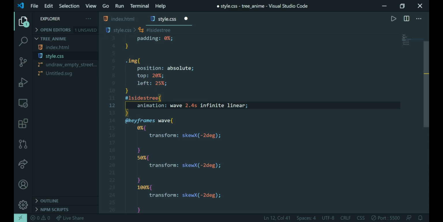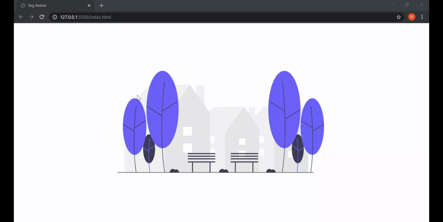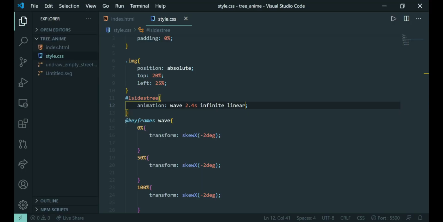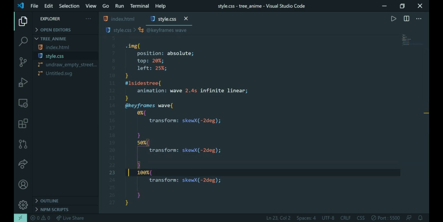Yeah, so let us see. Okay, there is some issues, but where? Let us remove this linear for now.